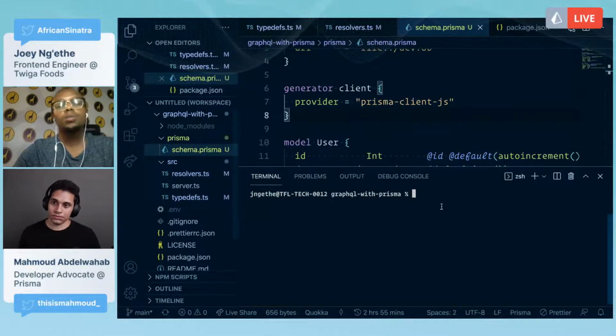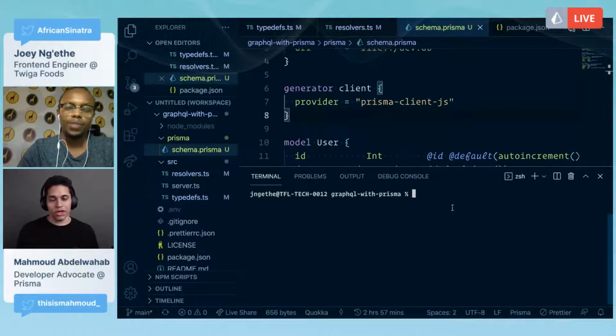So one thing you can do is a migration, or since we are on our local and we are just testing things out, maybe you can do a DB push. Yeah, definitely. But I just want to test what would happen if we don't do DB push or run Prisma migrate. So let's just test it and see if we run into an error. We know the reason, so don't worry about it.